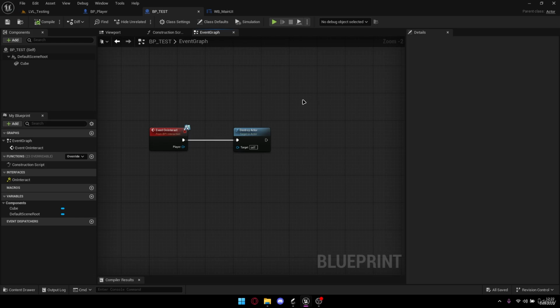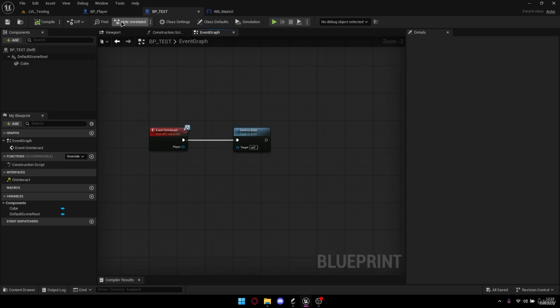Okay, so now that we have our interaction system, before we move on, before we do anything else, I want to show you how we can use this interaction system. So we will create super basic door mechanics just for now. Later, we will expand this door system because we will create doors that can be locked. But for now, I just want to show you how we can create super basic doors that we can open